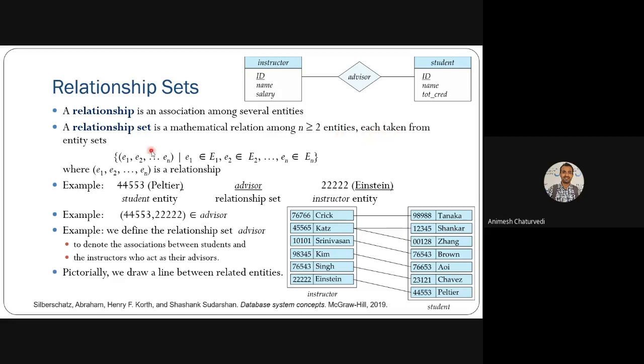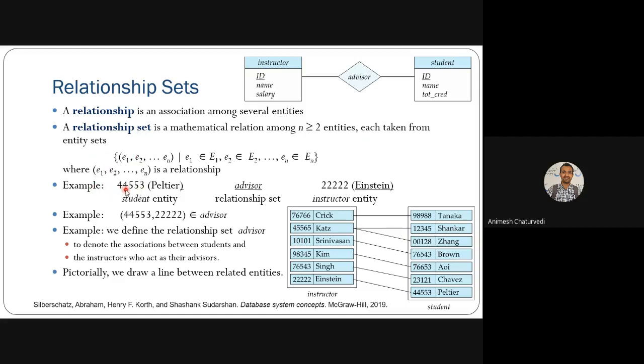Then the entities could be taken in the form of a set: E1 entity, E2 entity, and up to En entity, and at least two entities should be there. Either E1 and E2 could be there, or there have to be more than E1 and E2. So there are n possible entities and they have some relationship. This is how you can define it mathematically.